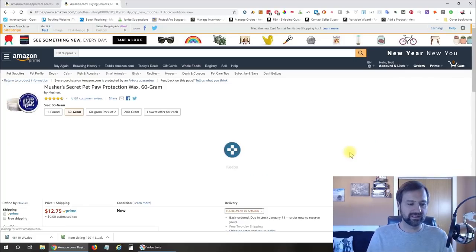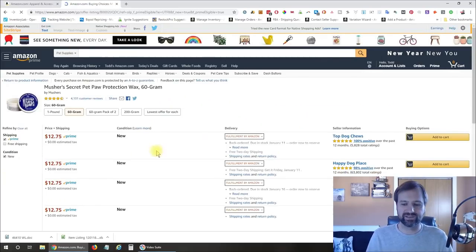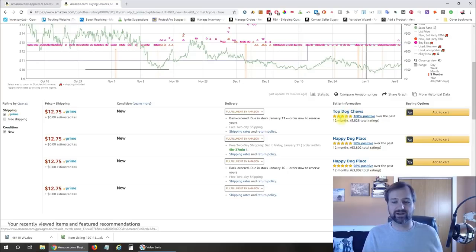And now I'm going to narrow this down by prime. I just want to see the prime sellers. And on this listing, we have 4 listings that are all the same price, which is going to get them rotated in the buy box. 2 of them are for the same seller, so they must have this product listed twice for whatever reason. 2 of them are from 2 other different sellers. So these would definitely be some good ones to start out with, and we could click on those and drill